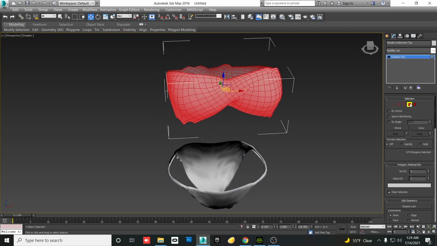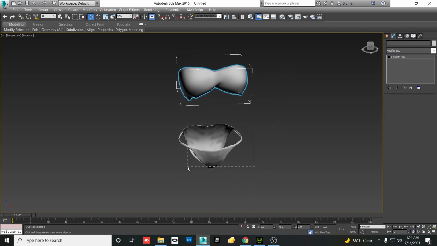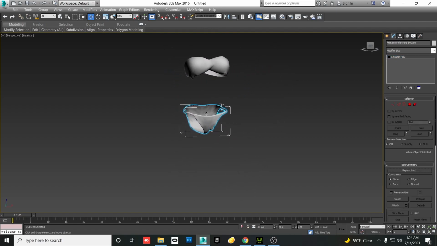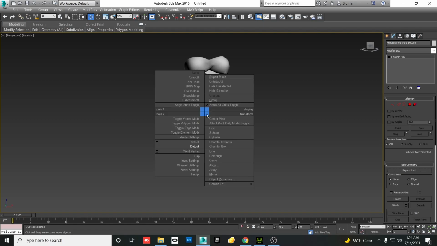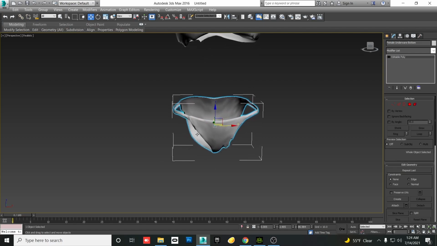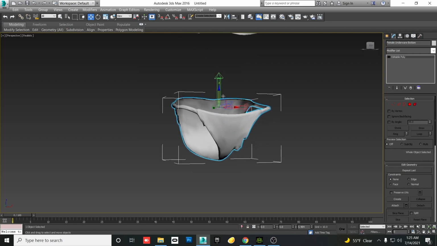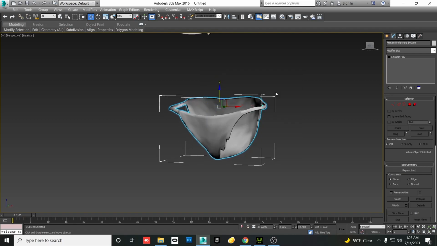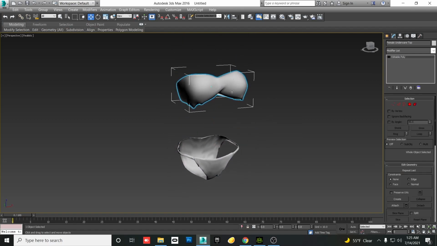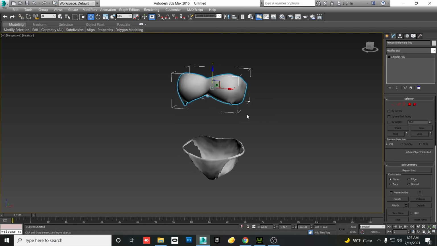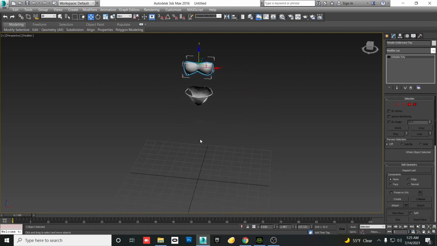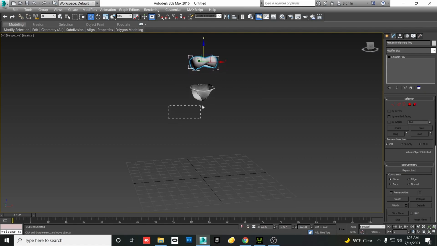They look okay. One thing I do always check at this point is the pivot points. It's at this point you want to make sure your pivots are in the right places for the objects that you're going to import into Character Creator. So I center the pivot, and if I want it to be a little less than center, like if I want to make it a little bit higher or so, I can go in here and manually select where I want the pivot point of this object to be. Once we have that in place,